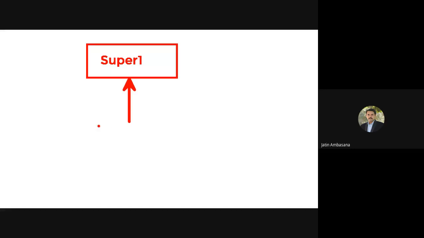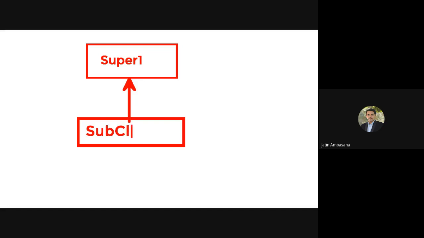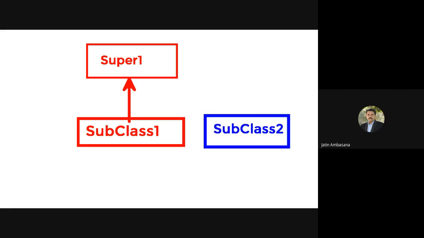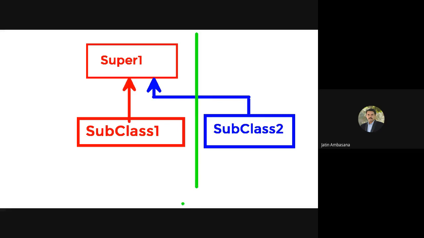So it's like this. See, you have a class, and this class is inherited by a subclass. Now you also have another subclass, and this subclass is inheriting the superclass, but this subclass is from another package.